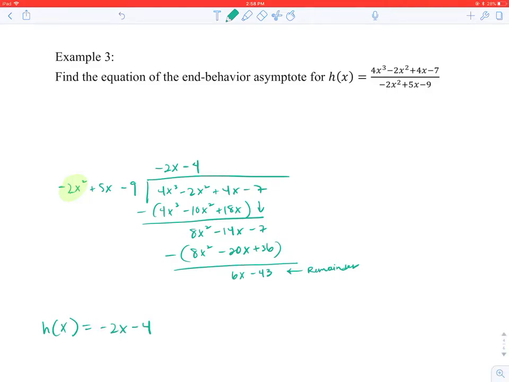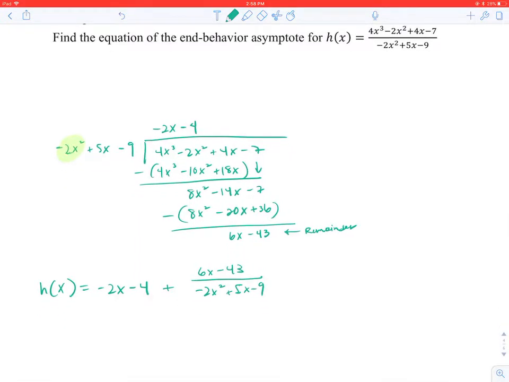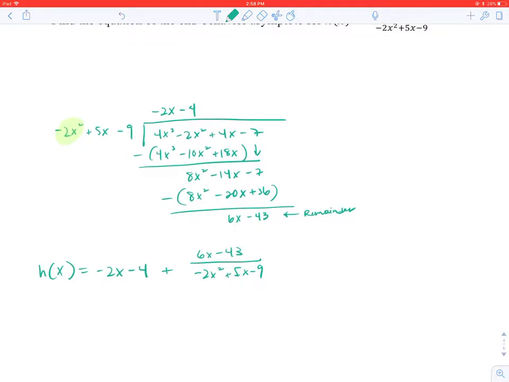And think about regular long division. We're going to take the remainder, okay, we're going to put it over the denominator. So negative 2x squared plus 5x minus 9. This is just an equivalent form of the equation for h of x. Now, if we were to take the limit as x approaches infinity of h of x written in this way,